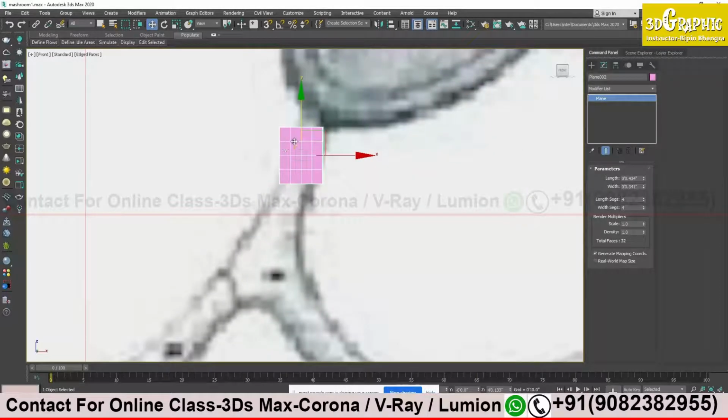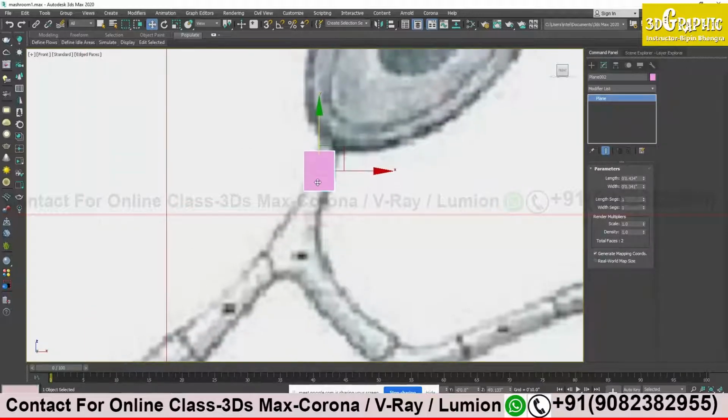So I will first reduce the edges over here. On the right-hand side, you can see length, I have 4 segments. I will just right click on these small triangles, and that will help me reduce these edges. Just right click over here, and it will reduce to the minimum number of segments. Till now it's clear to you?